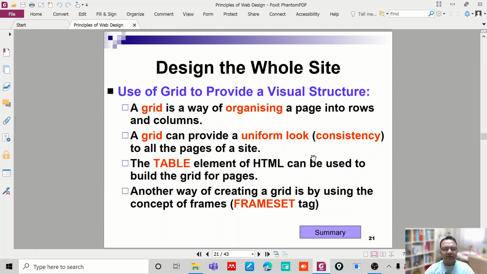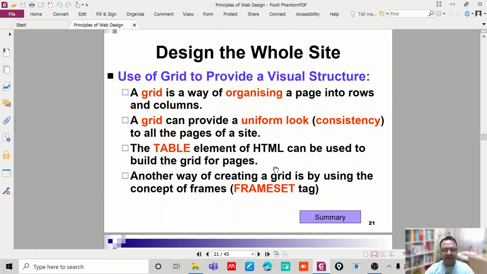And sometimes if you feel that your web page contains some information which can be divided into rows and columns, you can choose a grid to provide a better visual structure of the information. So a grid can provide a uniform look to all the pages of a website, and the table element in HTML can be used to build this grid of pages.